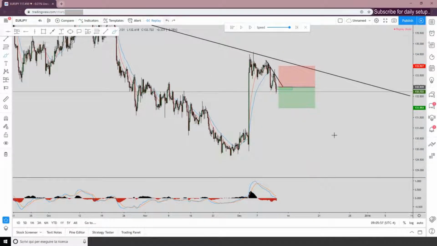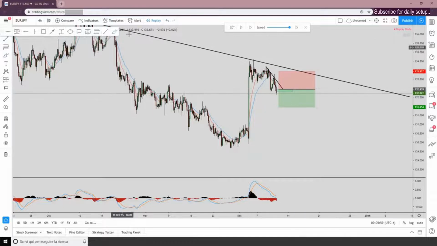So if the market is going to create a lower low, it means the market needs to make all of this impulse to the downside and break below this low. Now, to break below this low, if the market wants to create a lower low, what we can do is use the fact that we know the market is supposed to create a lower low